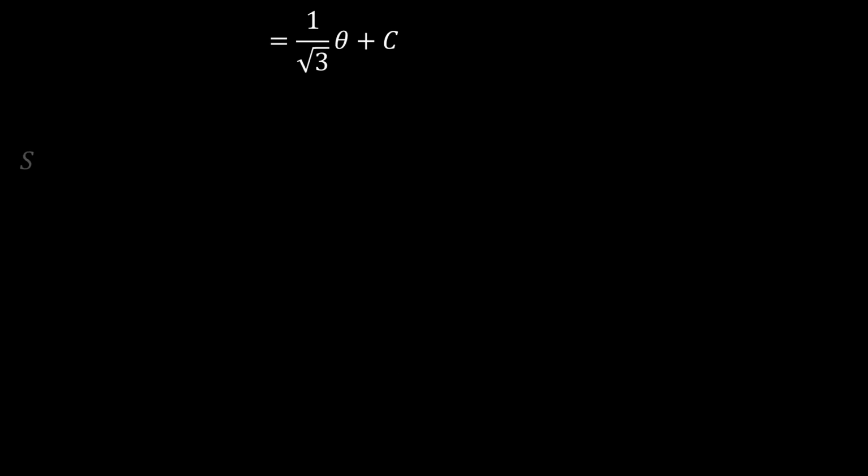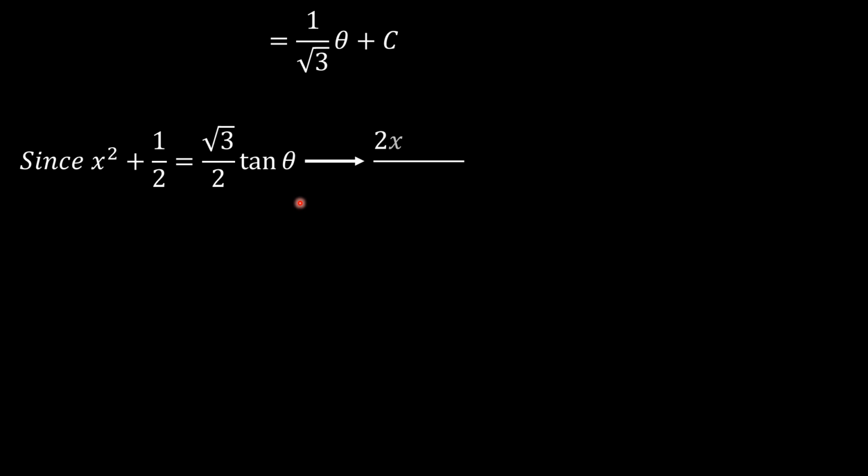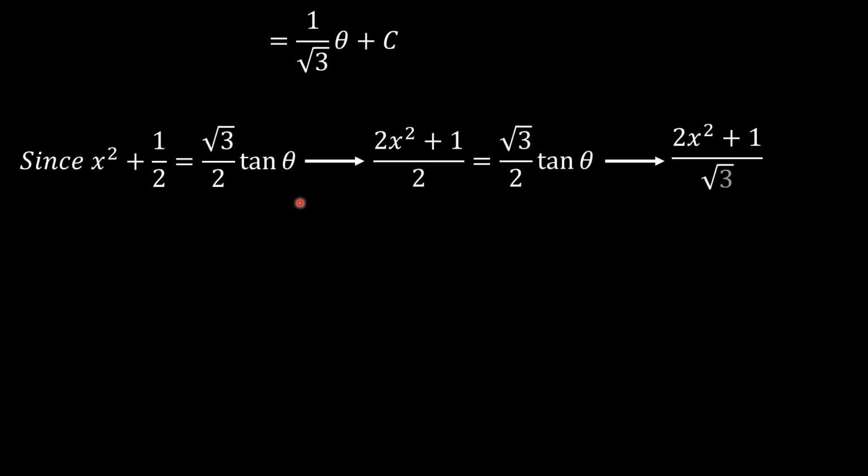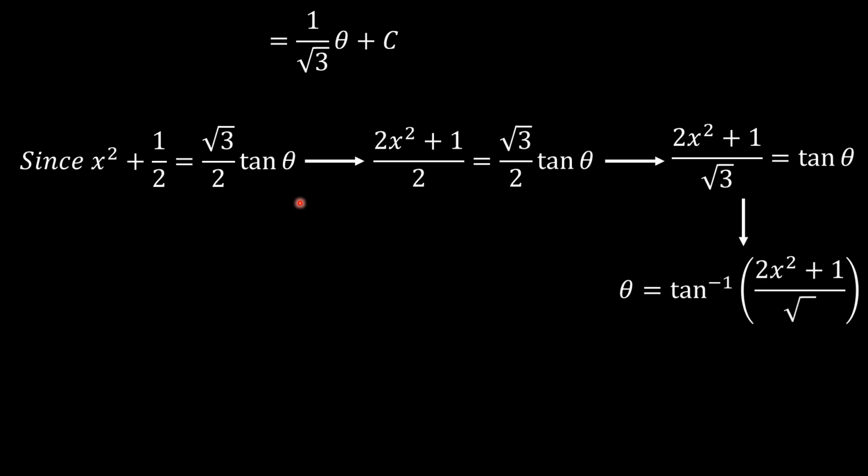constant. But since we had substituted for x with x squared plus a half being equal to root 3 over 2 tangent theta, that means that 2x squared plus 1 over 2 is the same as root 3 over 2 tangent theta. The halves on both sides cancel each other, so you have 2x squared plus 1 over root 3 being equal to tan theta, and therefore theta is the arctangent of 2x squared plus 1 over root 3, and